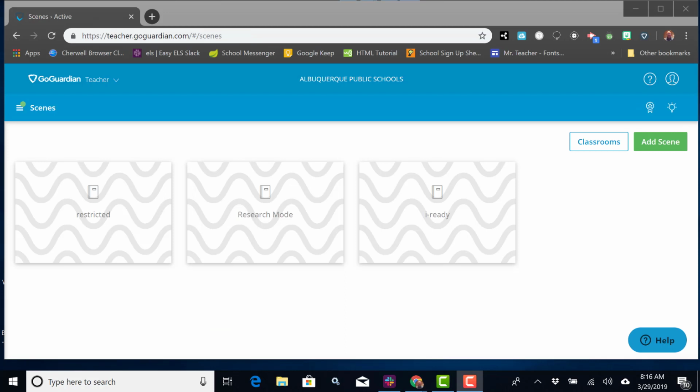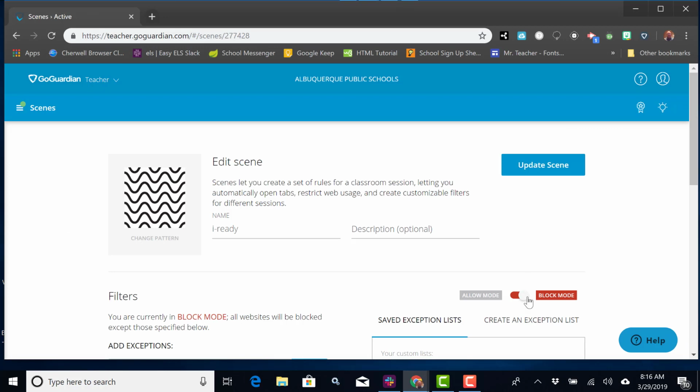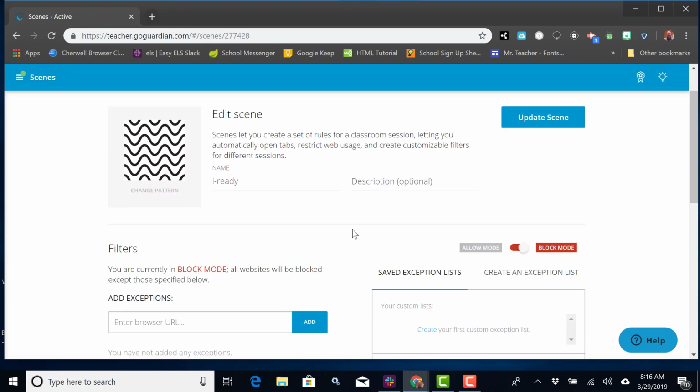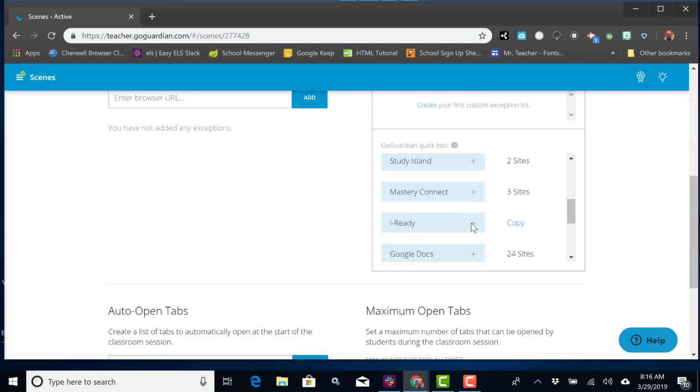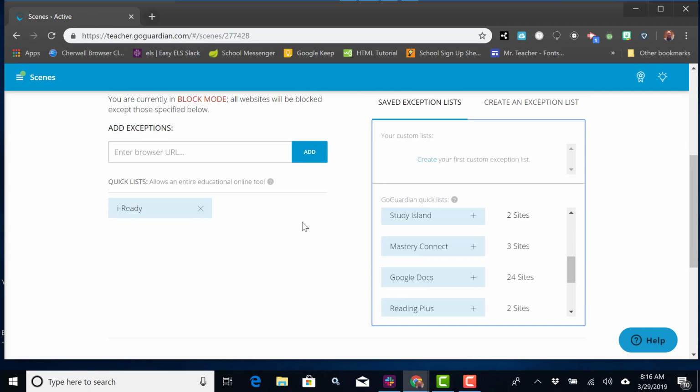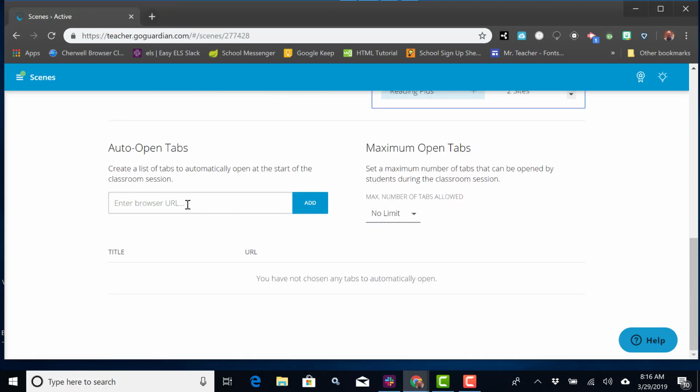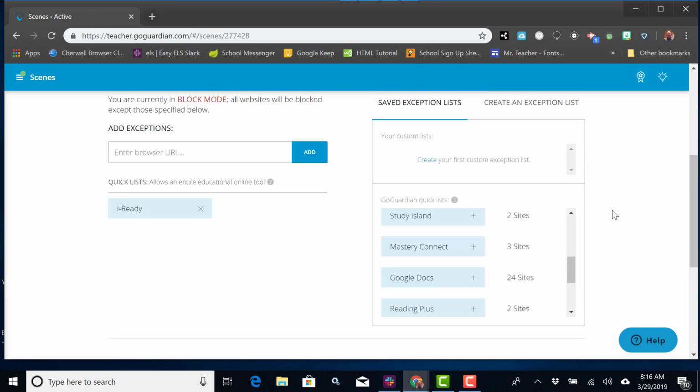And now let's set a scene that's more restrictive. Here we're in block mode, but we can select any exceptions from the list here on the right. We can also set the first tab to automatically open to our URL. And limit the number of allowed tabs. And we update,